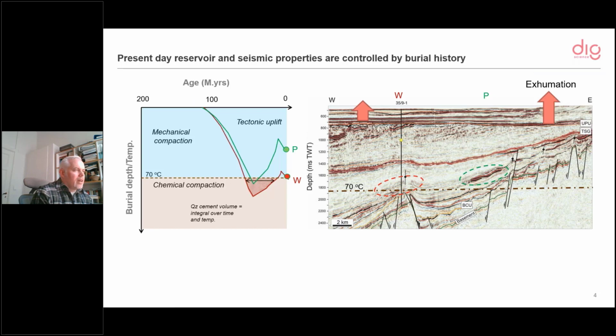This is another kind of teaser slide that I'd like to show you. So to the left, you see 2 burial curves, and you see a depth or temperature profile on the vertical axis and the geological age on the horizontal axis. So the present day depth is at 0. And you have the W, that's a well location, so that's a discovery, and this is offshore Norway, northern North Sea. And let's say you have an interesting prospect, anomaly updip from that well.